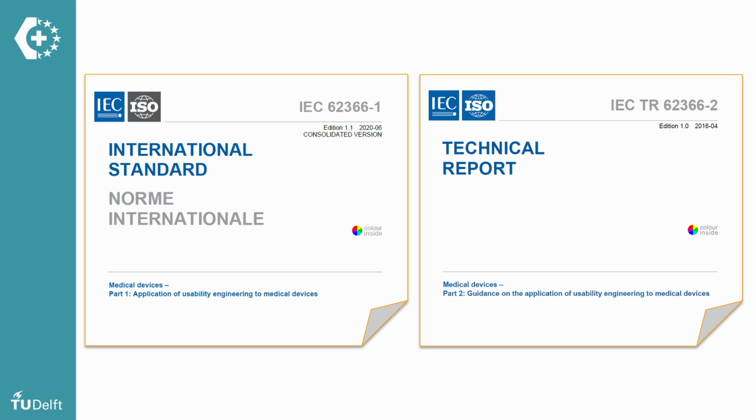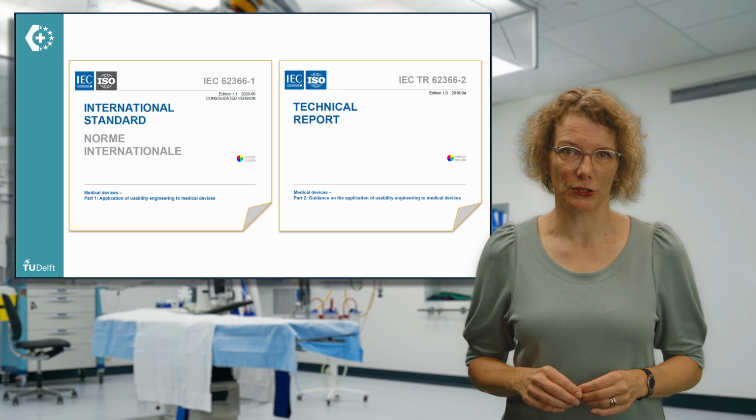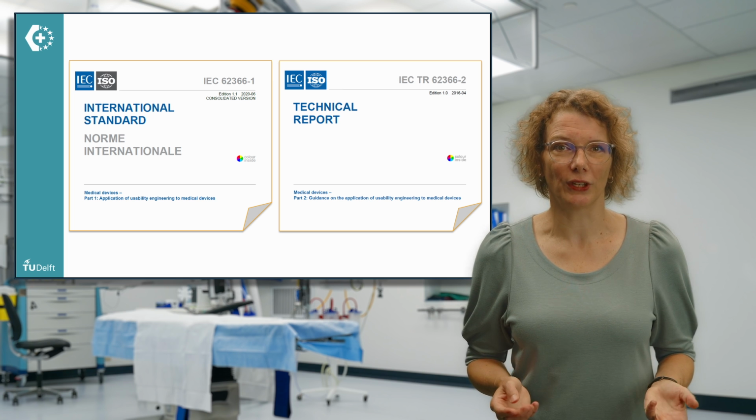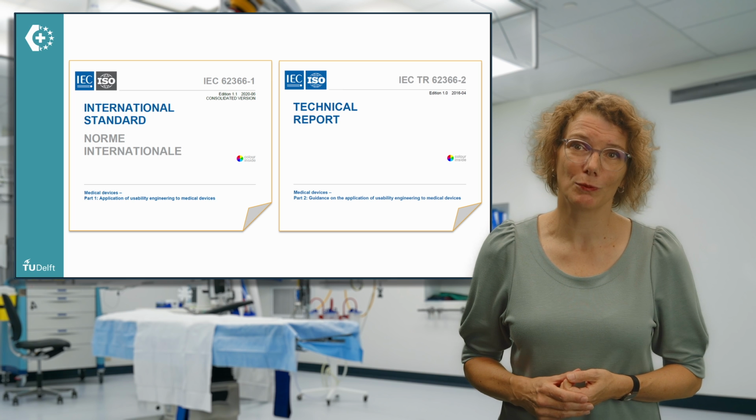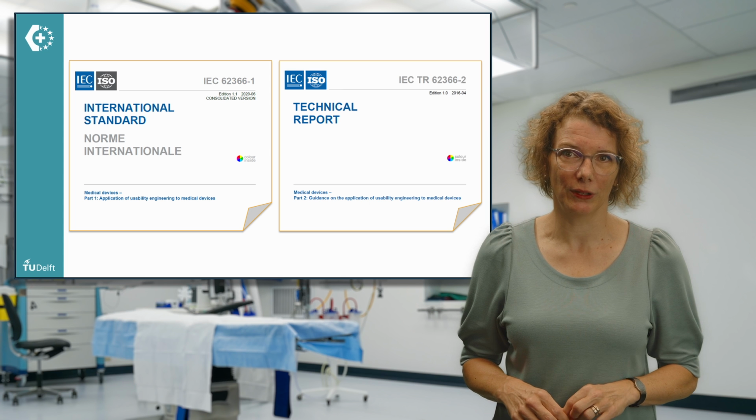process. Part 1 of the standard outlines the steps of a proper usability engineering process with the aim to identify and minimize use errors and to reduce use-associated risks. Part 2 contains tutorial information to assist in complying with the standard and offers more detailed descriptions of usability engineering methods that can be applied with the design process.